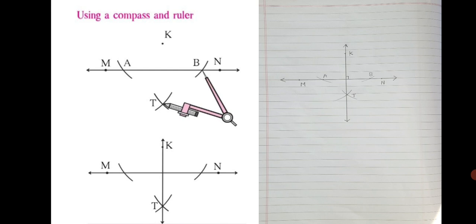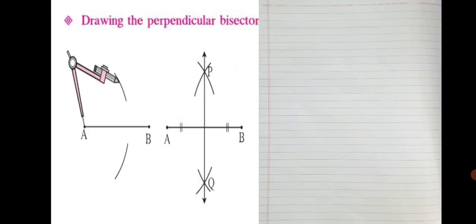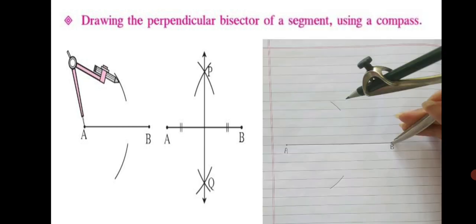Next, we shall learn drawing the perpendicular bisector of a segment using a compass. Now segment means it will not have arrows. It will be a segment with end points. A segment always has got end points. So remember this difference. If you are asked to draw a segment and its perpendicular bisector, you don't have to mark the segment with arrows but with end points.